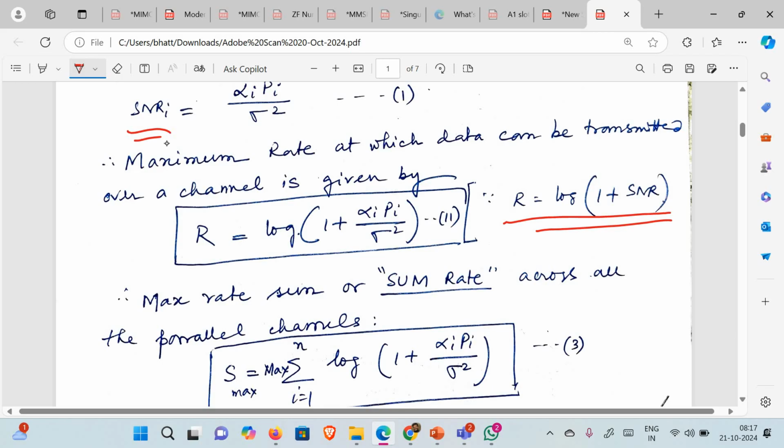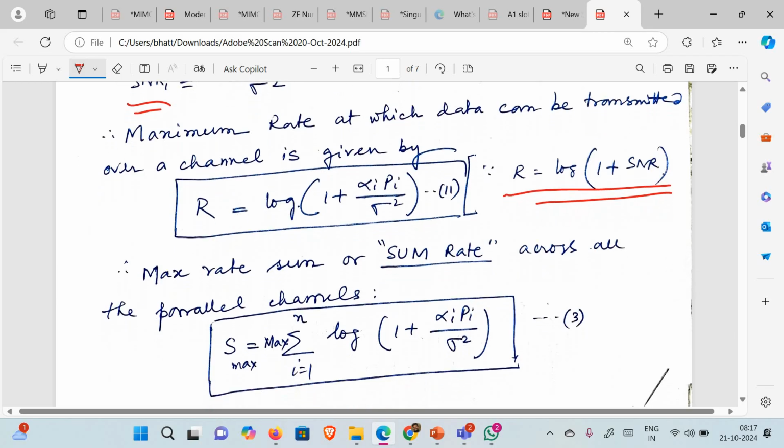So like that, if it is within the capacity, that is the maximum rate at which the data can be transmitted. Same way, the same formula we have written, R equals log of 1 plus SNR, where SNR is nothing but alpha I by sigma square. And if I consider this over the entire n possible outcomes or n possible channels, the maximum sum rate, which is a new term actually, is the sum rate across all the parallel channels, given by